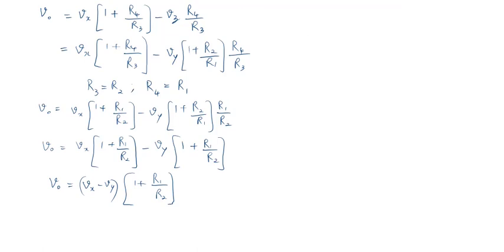So let's see what is the voltage gain in this equation. So the voltage gain is defined as AV. Voltage gain is equal to output voltage divided by input voltage, which is the difference between the two. That will give you 1 plus R1 by R2. Looks like this is a non-inverting configuration, right? So this is like a non-inverting configuration's gain. 1 plus the ratio of two resistances.